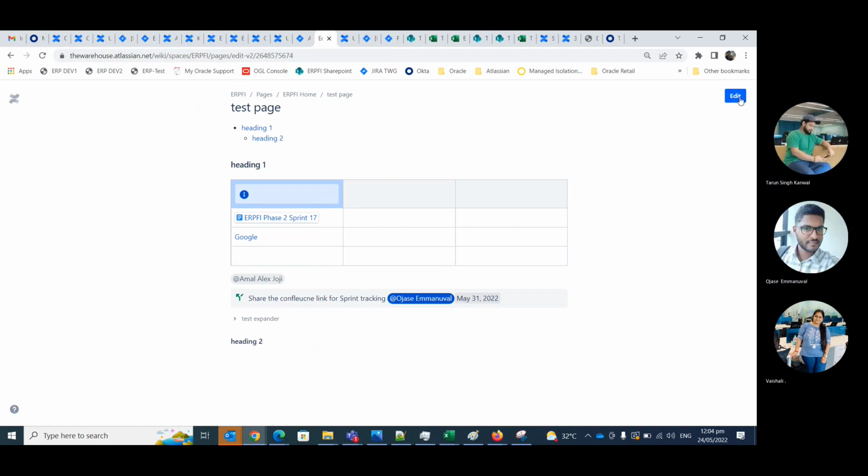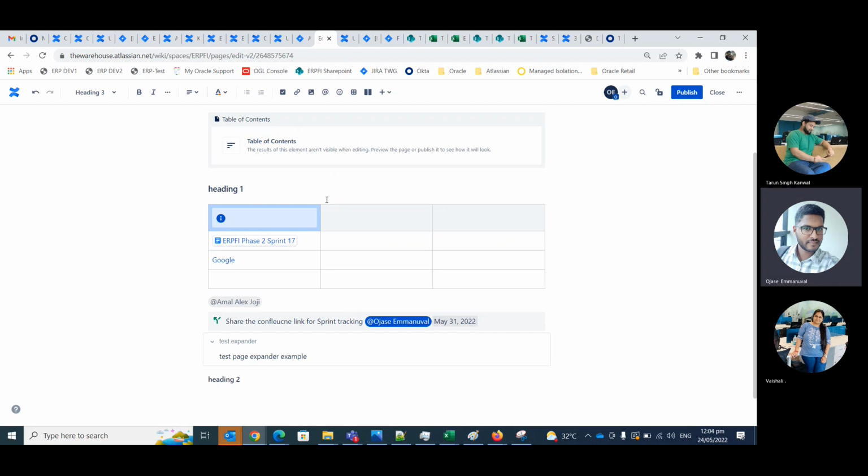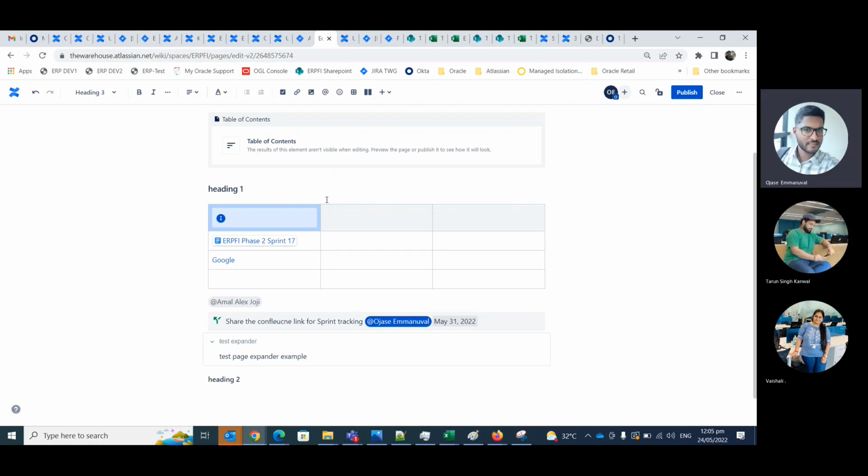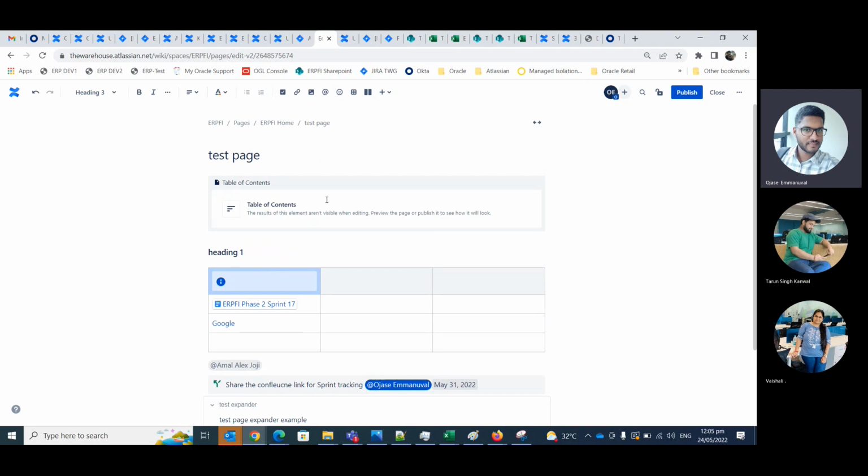Yep. Basically, this works similar to a Word document. How you edit in a Word document, but not all the features of Word are available in this one, but a lot of features are available. I'll give you a link to